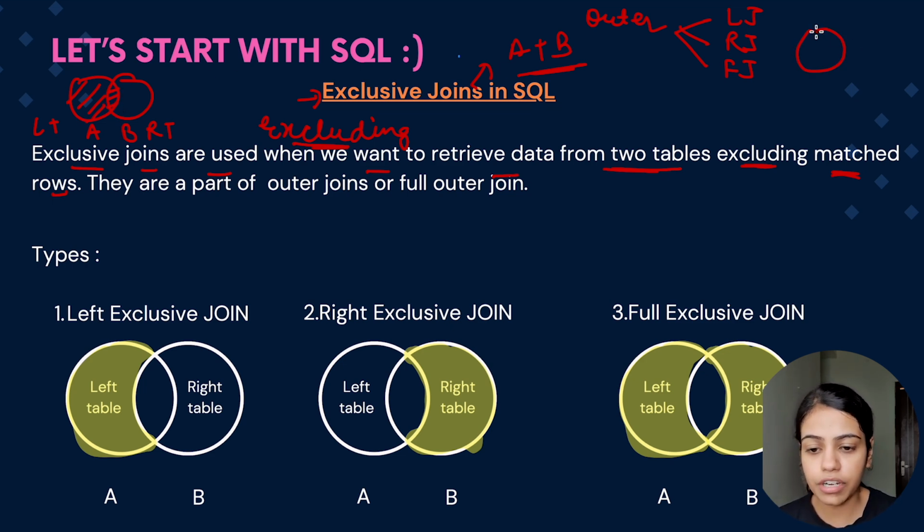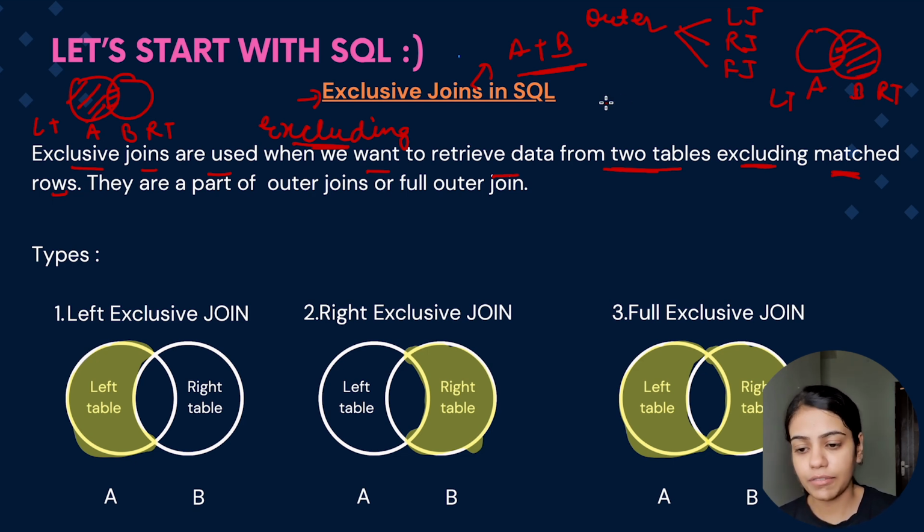Similarly with the right join, if there are two tables A and B where A is the left table, B is the right table, we used to get all the details which is present in the right table along with the common rows which is present between right table and the left table. In the full join, we used to get all the details which is present in the left table along with all the details which is present in the right table and the common rows between them.